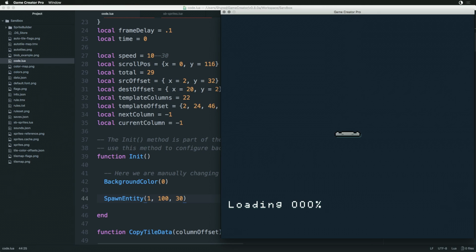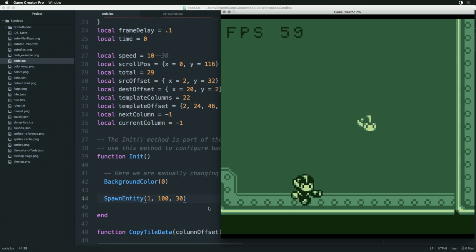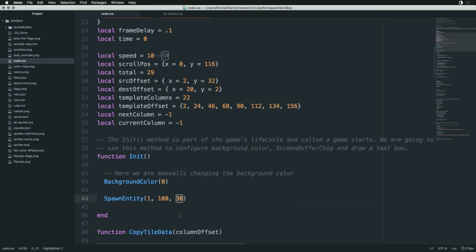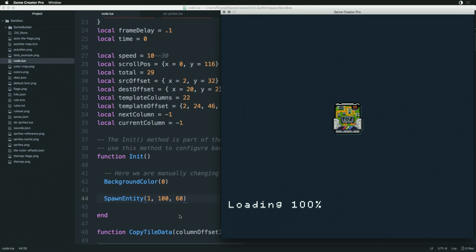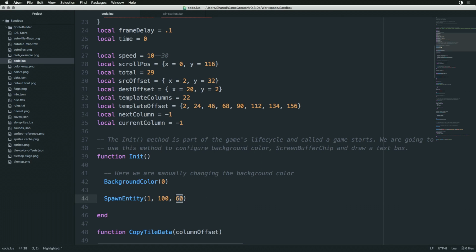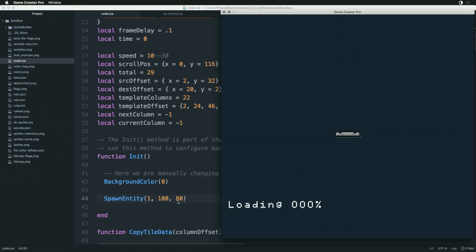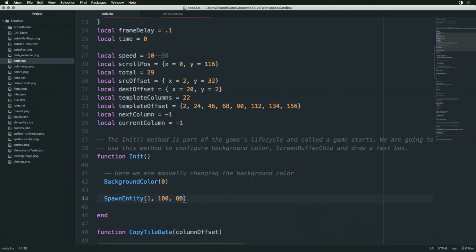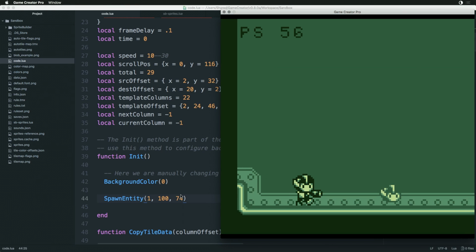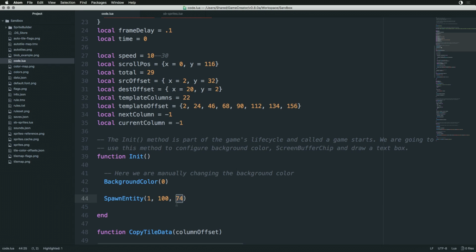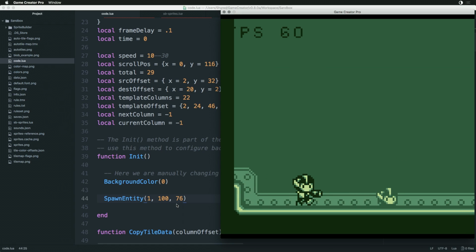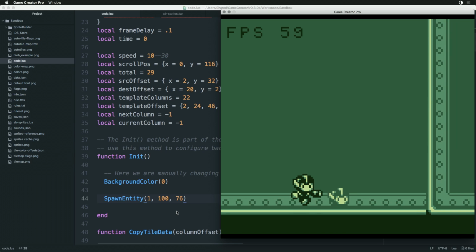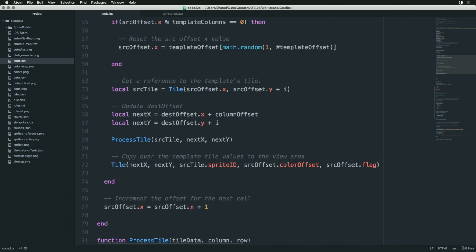Let me say I put it at 30. I guess it's, oh, you know what, 30, 60. I have to look into why that's happening. That's kind of interesting. 60, 80, 74, 76, right? We can do something like this. So now I'm gonna have to shift the